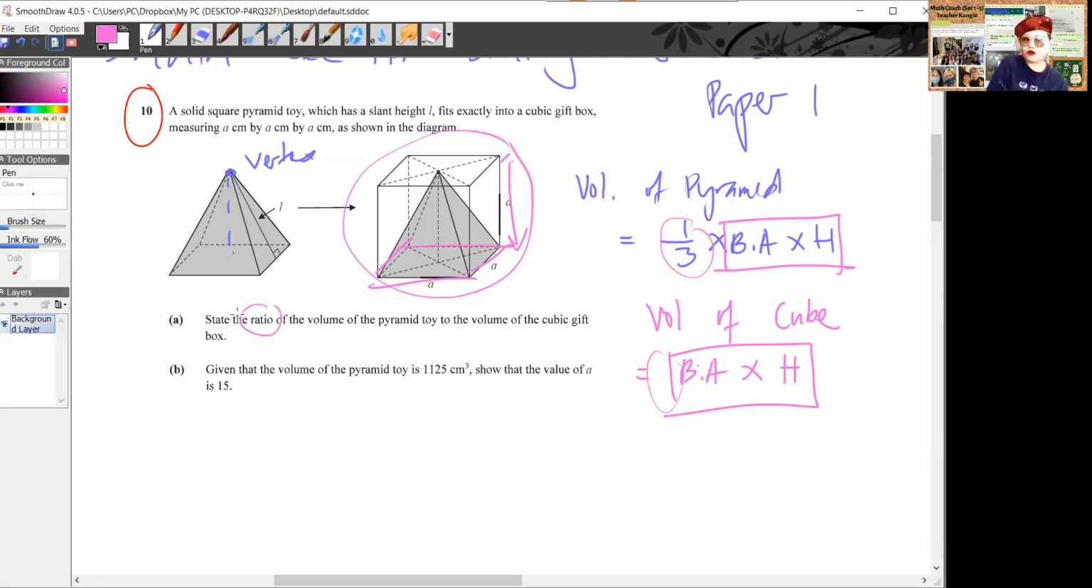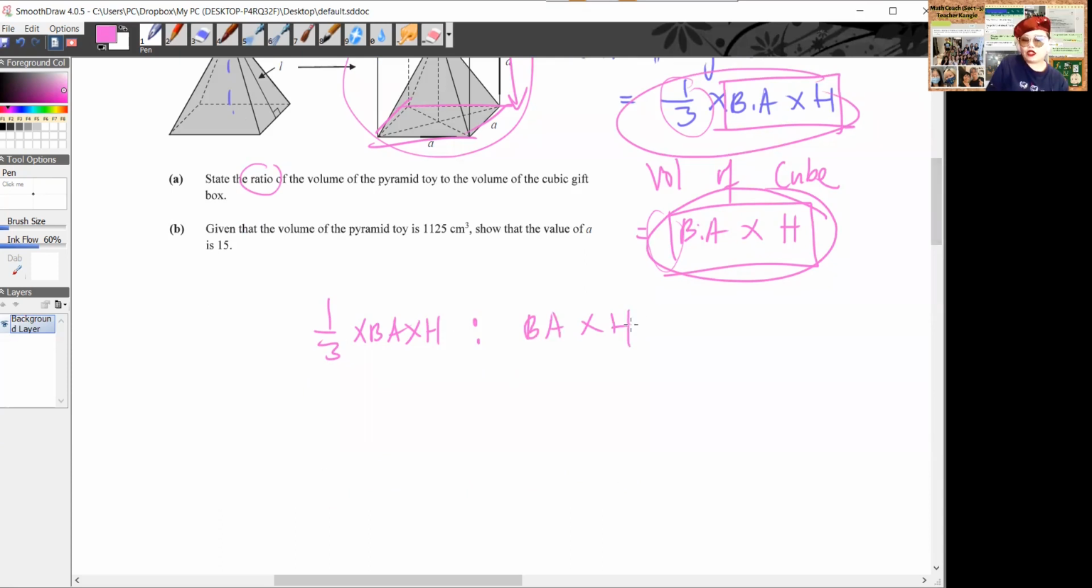So when they ask you for the ratio of the volume of the pyramid toy, so you will say, okay, 1/3 times base area times height is to base area multiplied by height. So we know that for a ratio, you can multiply the same number on both sides. You can divide the same number on both sides. So both sides also have base area times height. So I'm going to cancel. So it becomes